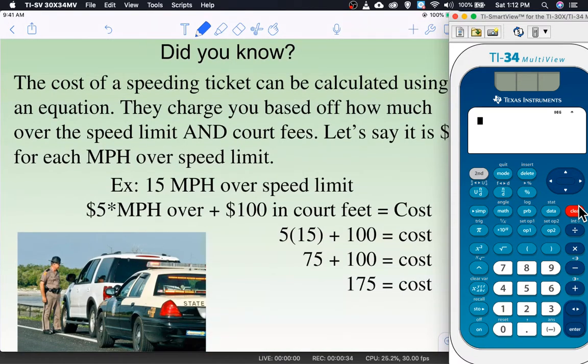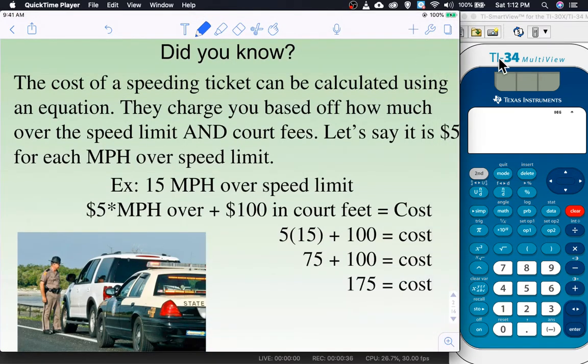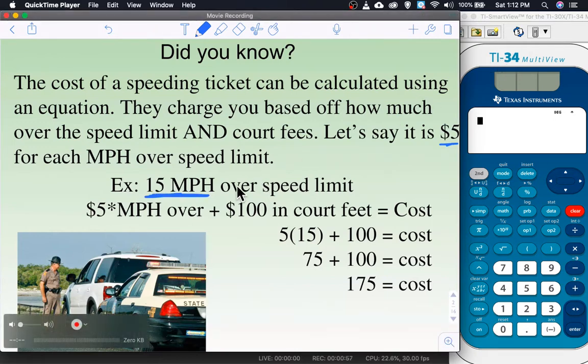Did you know that the cost of a speeding ticket in some states can be calculated using an equation? They can charge you based off how much over the speed limit and then court fees and other stuff. So let's say it's $5 for each mile per hour over the speed limit you're going. So if you're going over by 15 miles per hour over the speed limit, you would take 5 times that 15,